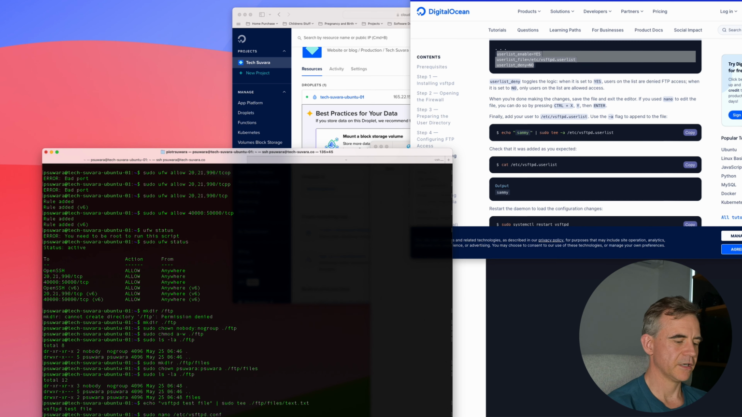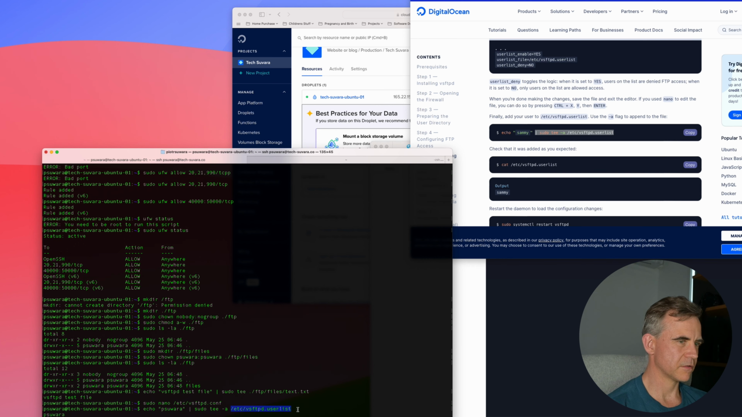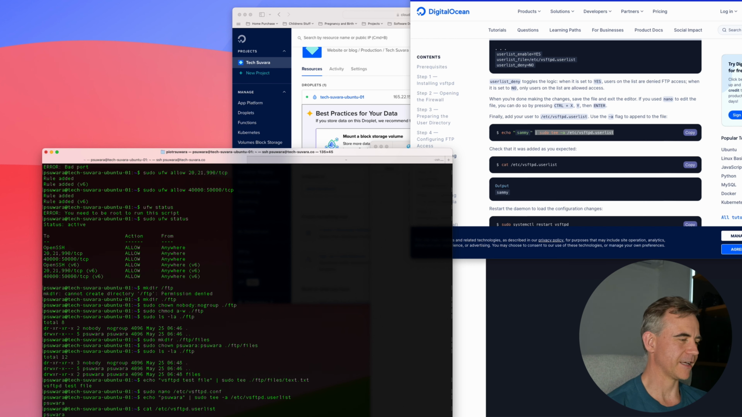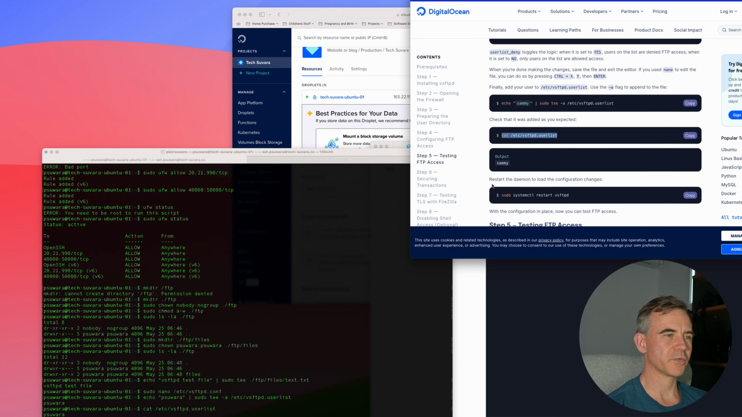Okay, perfect. And we want to echo my username to. It's funny, I saw that comment. I thought of actually just catting it just to make sure it's there. And then I saw that comment here that also says you need to cat it. Yeah, it should have the right thing. Perfect. We want to restart the daemon to load the configuration changes. Okay, so we want to restart